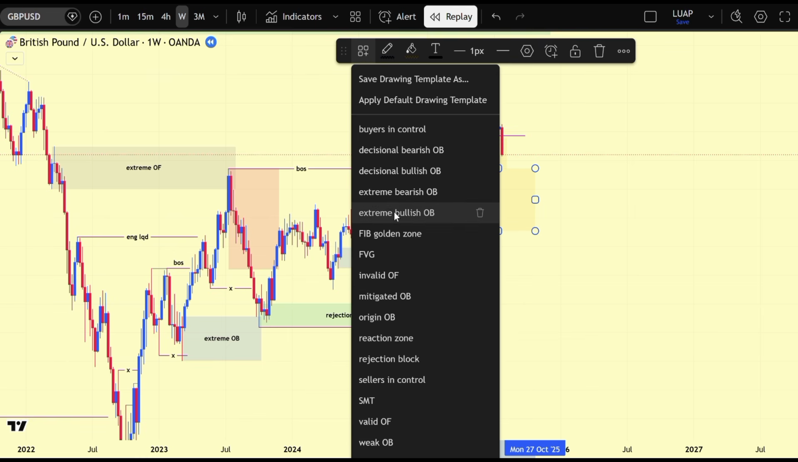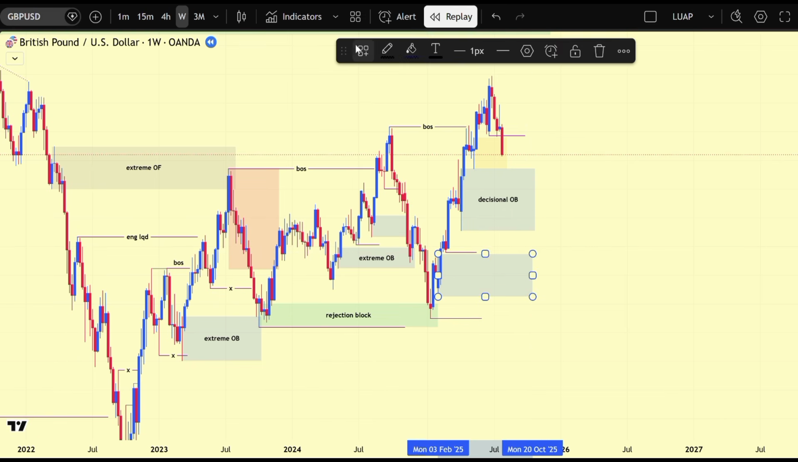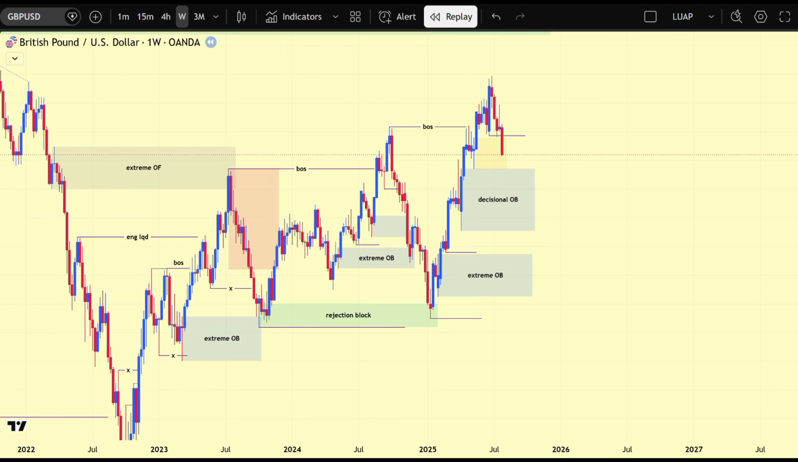So we have our decisional bullish order block there, and as well we have our extreme order block down below here. Yep, so this one here is the engineered liquidity somewhere there. So this is the extreme. So you can clearly see the extreme bullish. And of course, if I continue running price, we can clearly see that price has not yet mitigated the decisional. So I'm not interested. Okay, so continuing running price, price now has mitigated the decisional, and you can clearly see